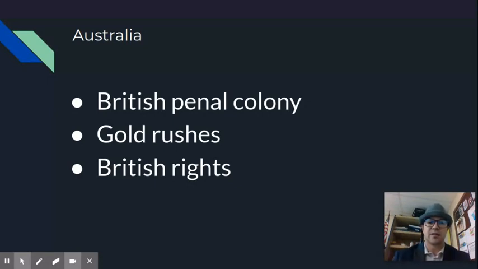The British see their rights as not just over the Chinese, but over the Aboriginal people that had lived there for tens of thousands of years. The British saw it as they were bringing a better world to these savages, and so they felt justified with everything that they did.